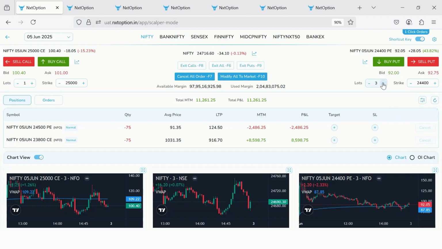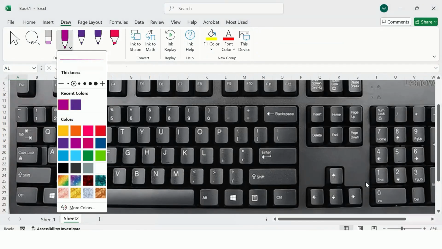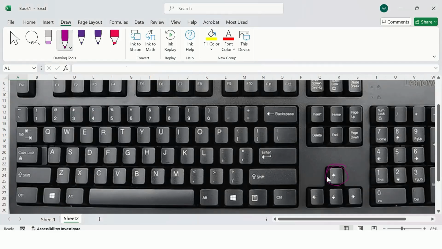Now you can increase the lot size to three, whatever the number that you want. Let's say I want to buy 10 lots at a time and trade 10 lots at a time. So you can change it over here. Now, the best part is that if you go to the keyboard and if you select this particular key, that